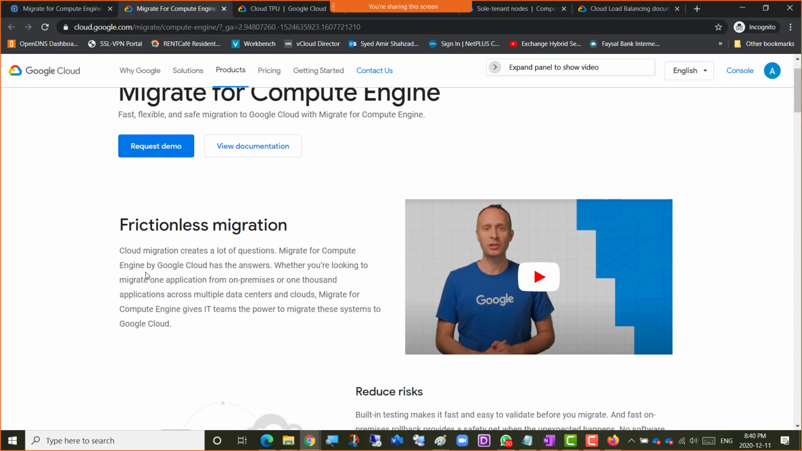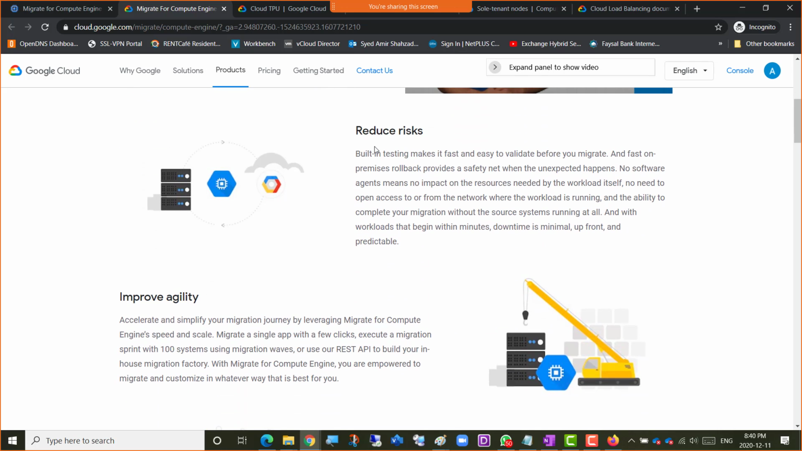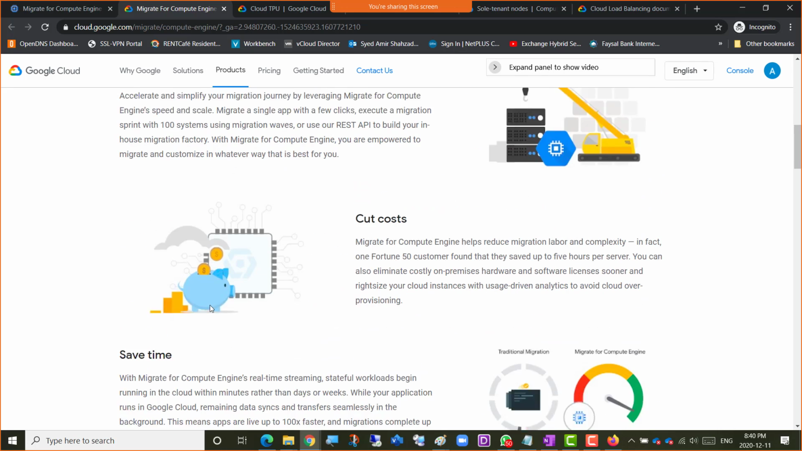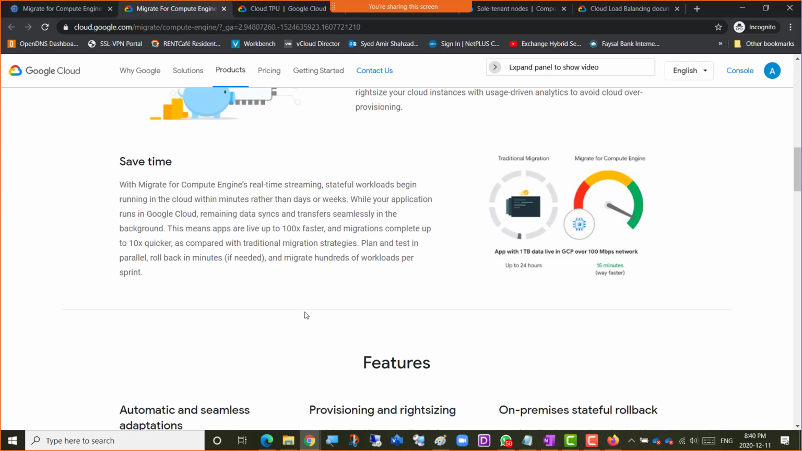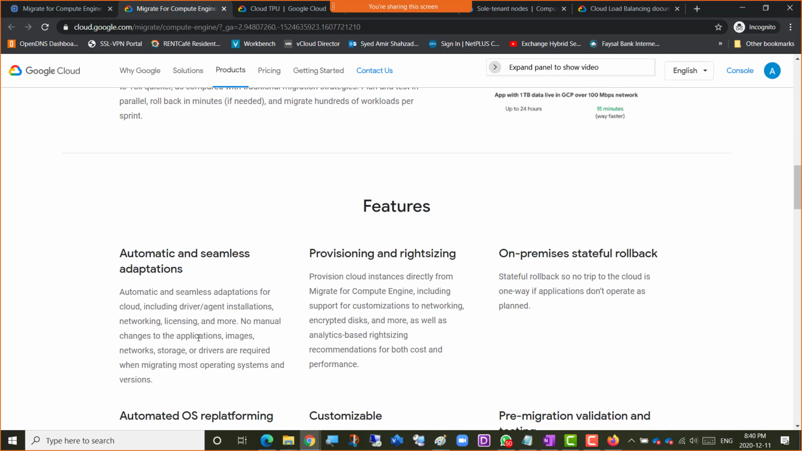so frictionless migration. Cloud migration creates a lot of questions. Migrate for Compute Engine by Google Cloud has answers. Okay, a marketing page here. So let's go down. Migrate for Compute Engine gives IT teams the power to migrate these systems to Google Cloud. So you're migrating away from your local data center, and you can reduce risks, improve agility, cut costs, save time. Yeah. Okay. And automatic and seamless adaptations,